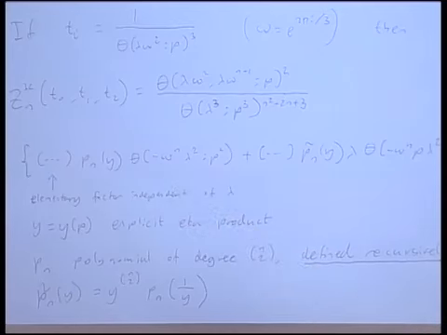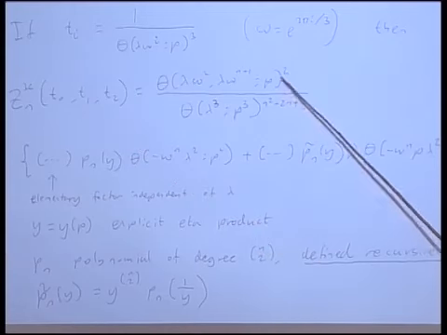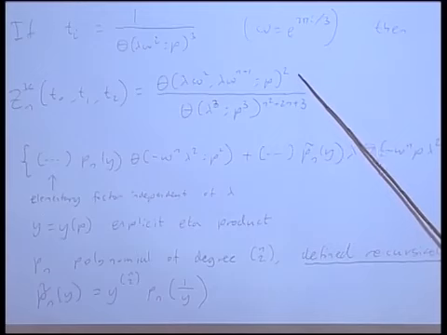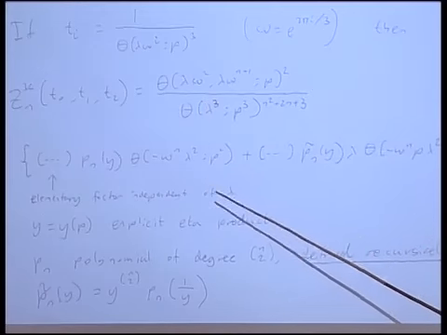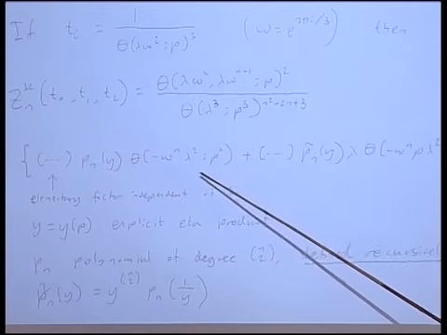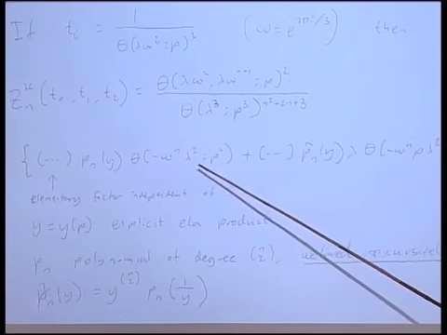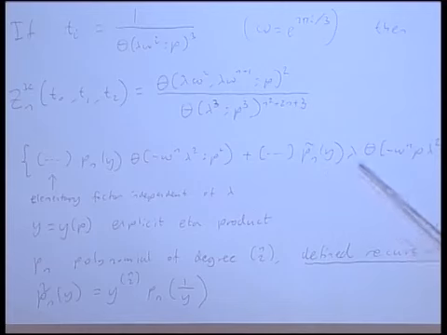Now, if you do that, it turns out that the lambda dependence on this generating function is extremely simple. There's just some huge factor here with lots of theta functions. And then you have a sum of 2 parts, and each of them is just a single theta function in lambda. And you see also that this is kind of like the even part, and this is the odd part of this bracket I have here.